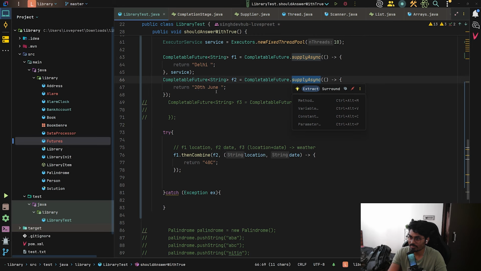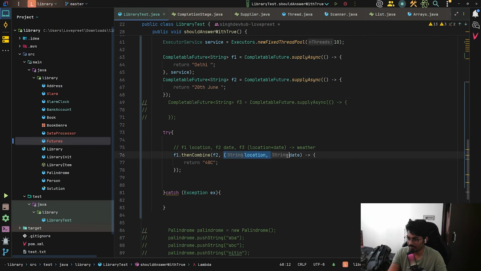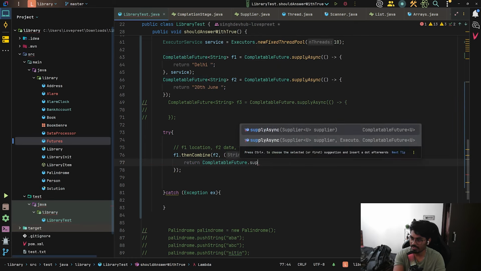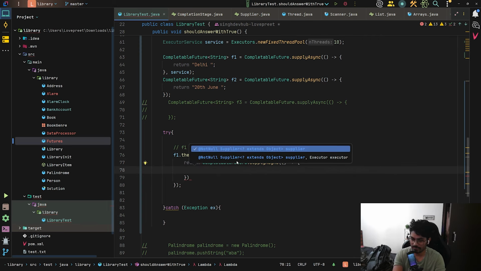supplyAsync has already submitted this future to some service. Then it gets the BiFunction. So location and date I will get. Now here I am returning 40 Celsius. What I can do here is I can return here CompletableFuture.supplyAsync, right? Here what I can do, if